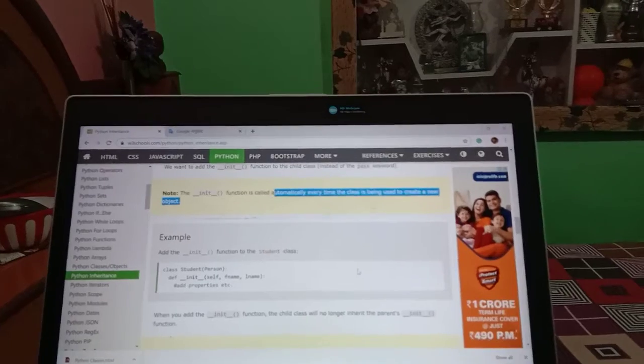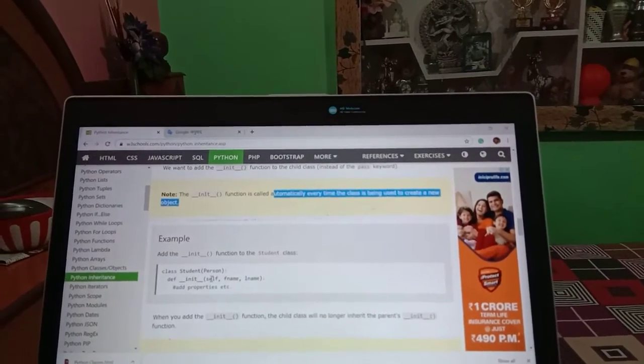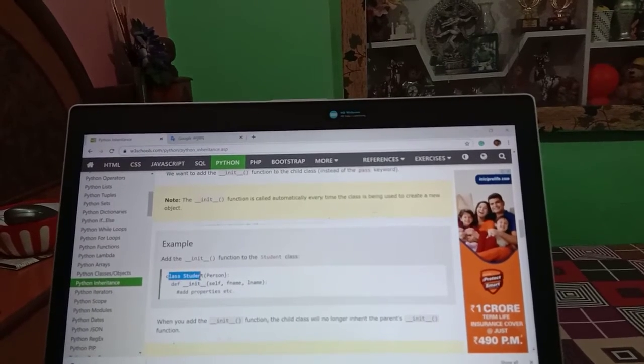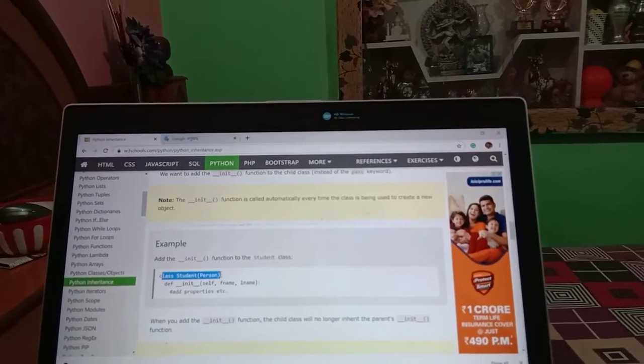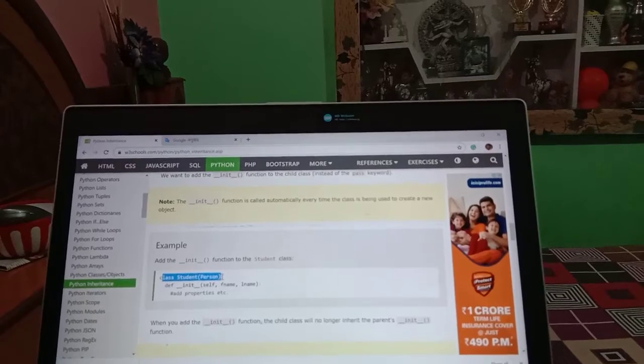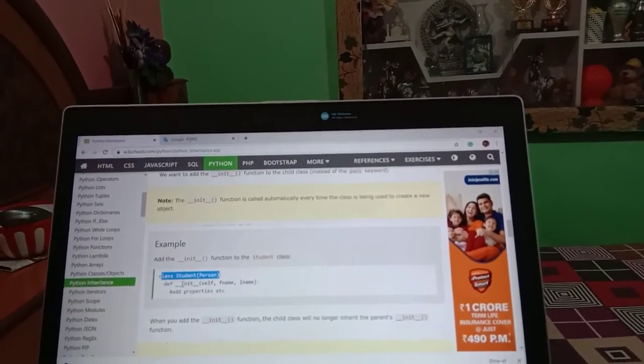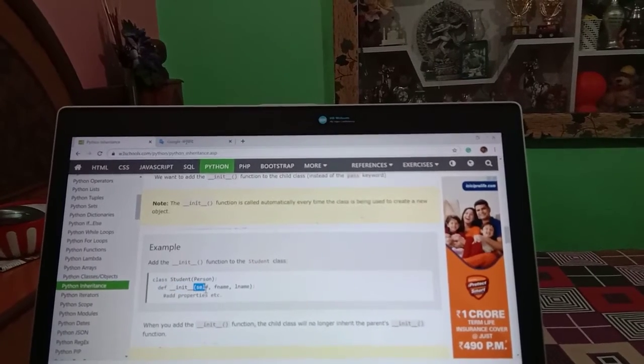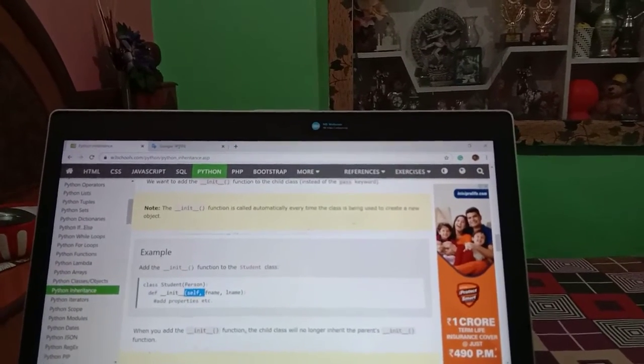So for example, add the init function to the student class. Again we are creating one child class student that takes the properties from its parent class person. Now we are defining the init function, and this init function has the parameters self, first name and last name.